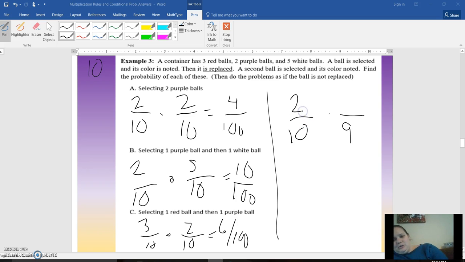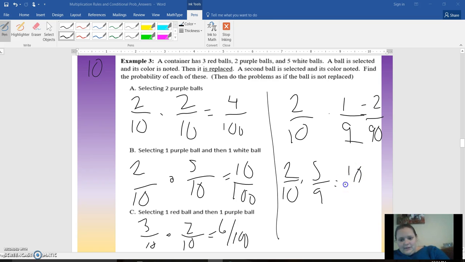Now if we did it without replacing, then we would have 10 balls and 9 balls. We'd have 2 purples. So we get 2 over 90. It reduces to 1 over 45. This one would be 2, 5, 10, and 9. We get 10 over 90. And then this one is 3 over 10, 9. 6 over